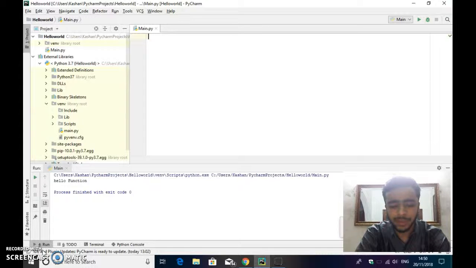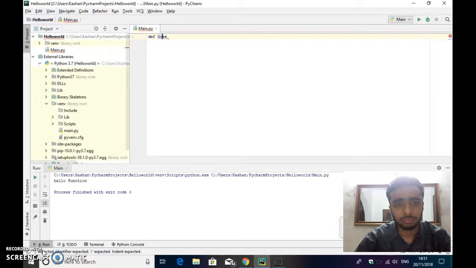So basically, functions are just packed form of code which are used to do a particular task. So let's just build a simple function here. To define a function, you need to type a keyword def, which in my knowledge stands for define. If you want to define a function, you just type the keyword def, then type the name of your function. Let's just say that my function's name is going to be